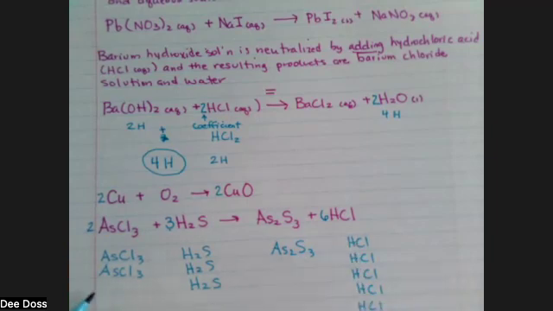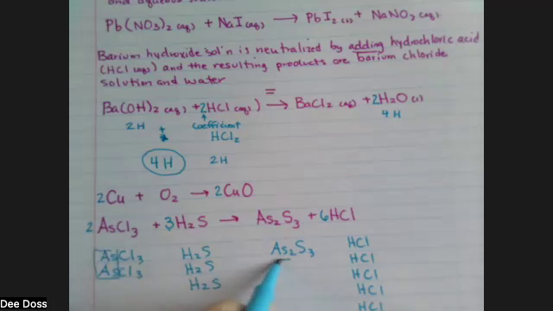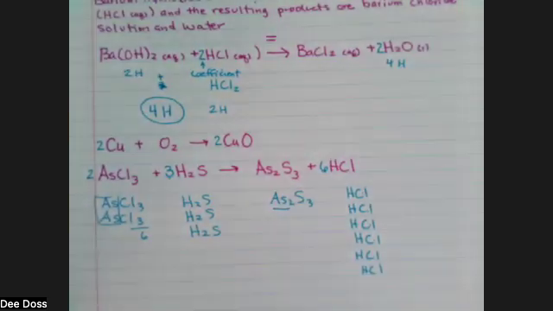Okay, so if I add everything up over here, that's everything written based on my balance equation. I have 2 As right here, 2 here, I'm balanced. I have 3 plus 3 is 6 Cls over here: 1, 2, 3, 4, 5, 6. I have 6 over here. Here, 2, 4, 6. 1, 2, 3, 4, 5, 6. So that's why it's important to understand that when you put a coefficient out front, it